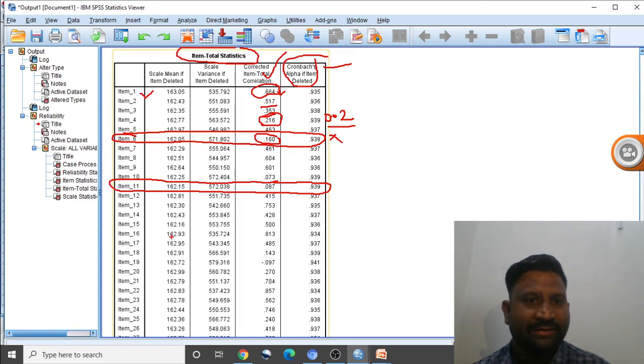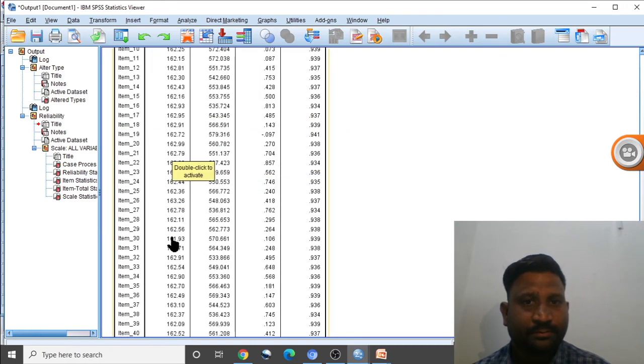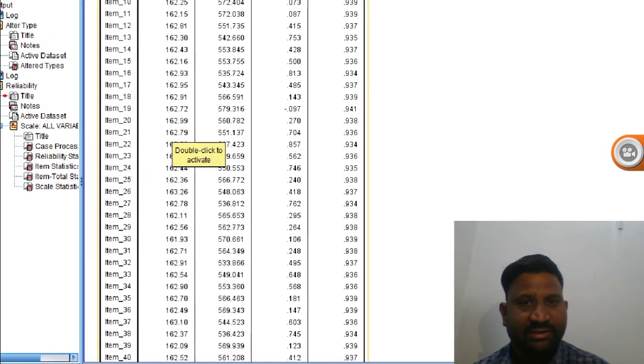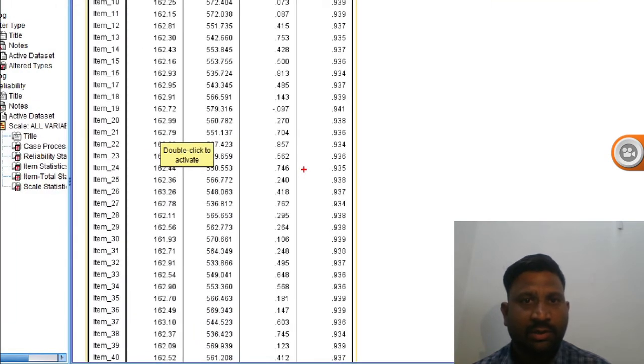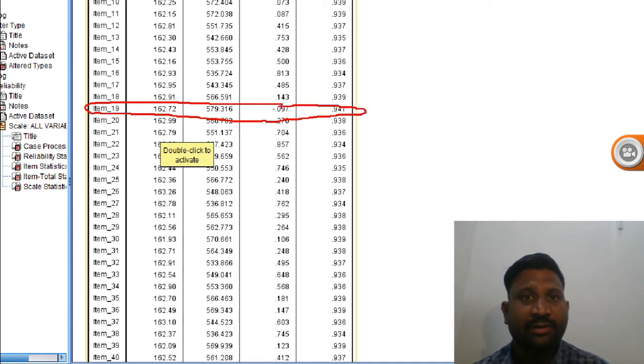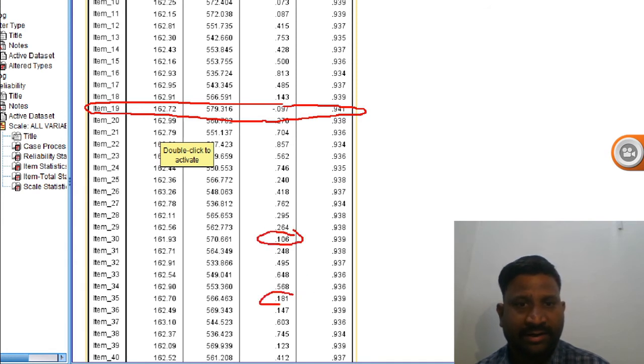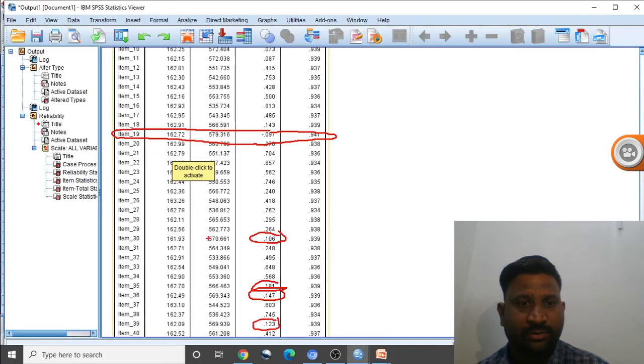So in this way we can find the items which are less than 0.2, and we will exclude them from the table. We can exclude this item, this item, this item, and this item.